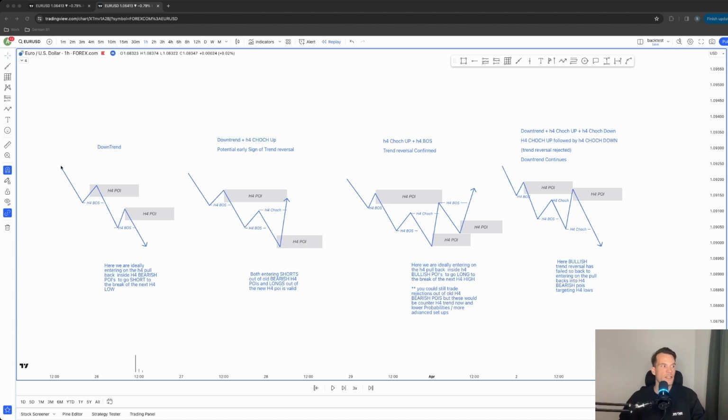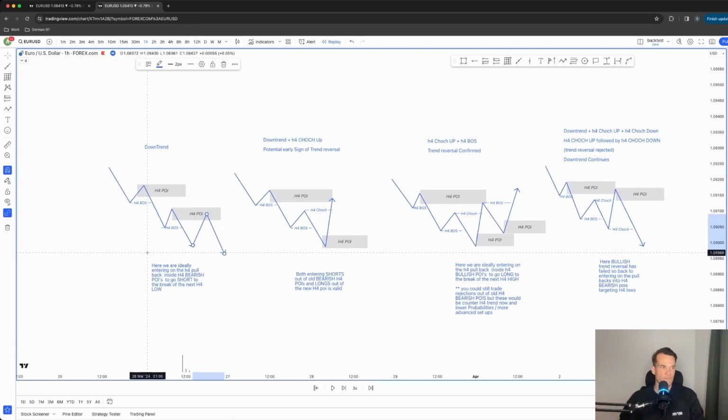So in a downtrend, what we have is 4-hour BOSs creating lower highs and lower lows, moving down in downwards momentum. What we do here is we identify H4 points of interest or H4 order blocks, whatever you like to call them, H4 supply areas, really nice areas of selling that have come into the market, usually at the extreme of moves, but they also can be in the middle of moves. What we're looking to do here is we're looking for price to pull back into our H4 point of interest, and then on the 15-minute, we're looking to get inside an M15 order block to trade down to break the new 4-hour low to continue the